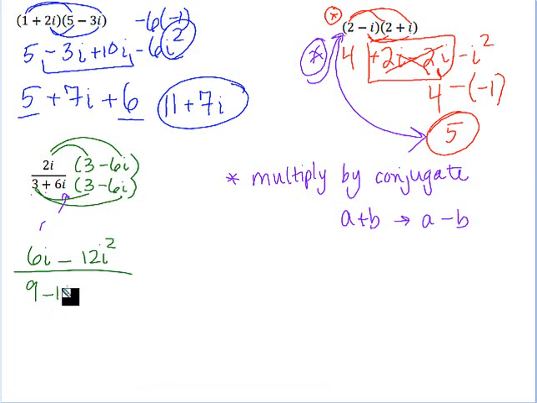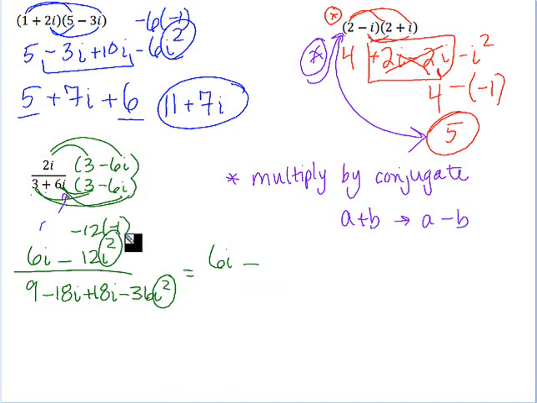3 times negative 6i is a minus 18i. 6i times 3 is a plus 18i. 6i times negative 6i is a minus 36i squared. Every time we see our i squareds, we will replace them with negative 1s. So this then is 6i minus